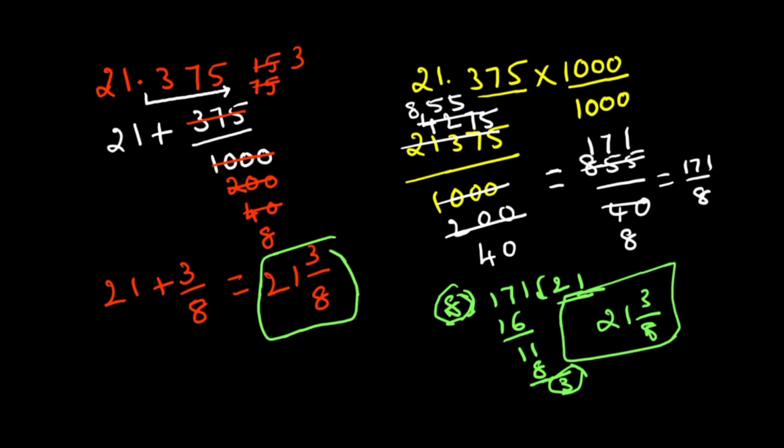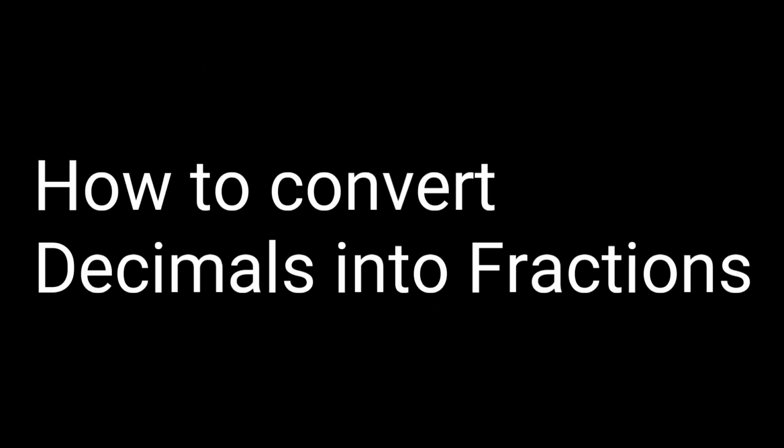So the choice is yours. You can select any model. The best model is this one, right? Easily we can solve here itself, right? So this is the model how the decimal form, that means the terminating decimal, can be converted into fraction form. Now we will discuss how we can convert non-terminating repeating decimals into the fraction form, that is in the p by q form, that means in the rational form.